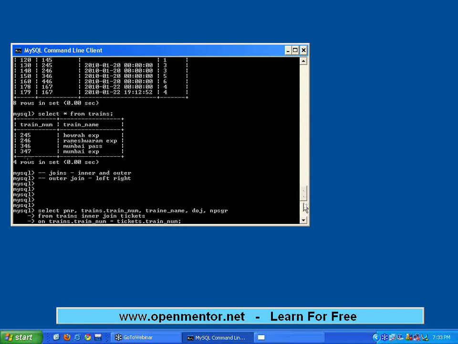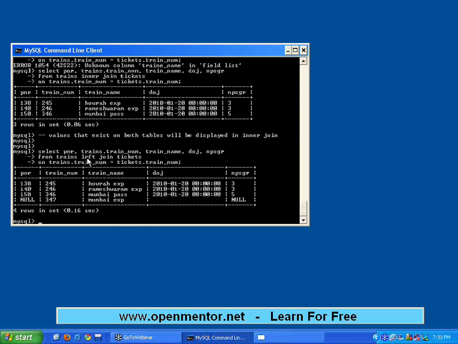347, there are two tables. Trains I have given on the left hand side, okay? Train tickets I have given on the right hand side. I have given that, and then the 347, it is an additional train that exists in this table, that is shown, but correspondingly for that train, no PNR number, no passenger exists. It shows that. So I can find out what is the difference in the train numbers which is existing in one table but not in the other table. Common will also be displayed. Apart from that, extra thing on one table will also be displayed.